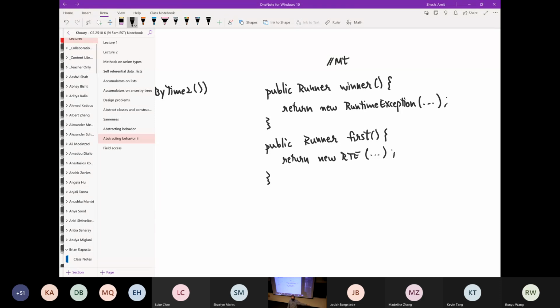So it seems to me that you can go through the list, and at the end of going through the list, you know exactly who the winner is. That's how we would naturally solve this problem. Okay? So think about how you're going to do that. It's a very short method that we'll write